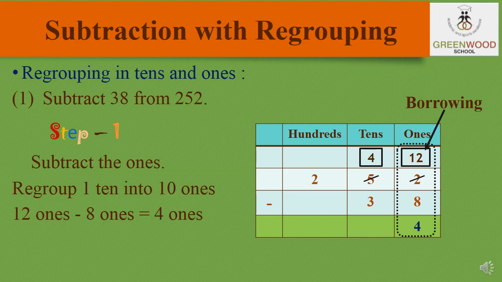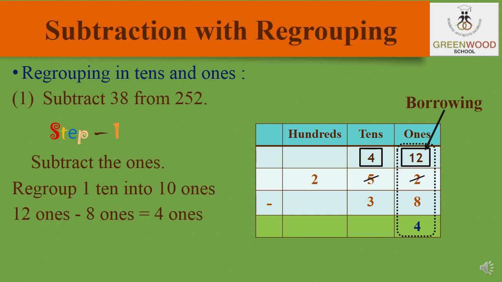So if we minus 1 from 5, what will we get? Take 5 fingers, fold 1, count the number: 1, 2, 3, 4. So after cutting 5, we simply write the smaller number on the head of 5, that is, here 4 will come. Now 12 minus 8 we need to do, but we don't have 12 fingers, so we'll